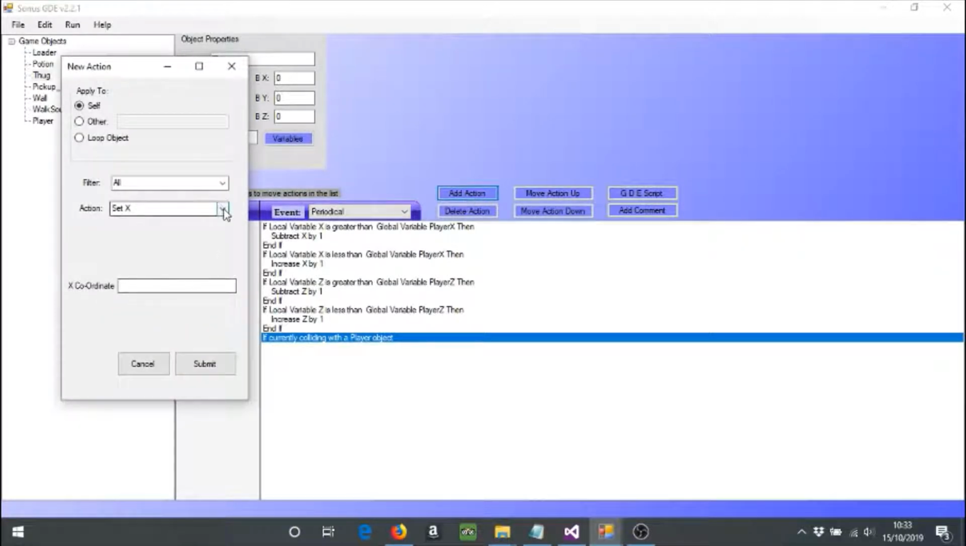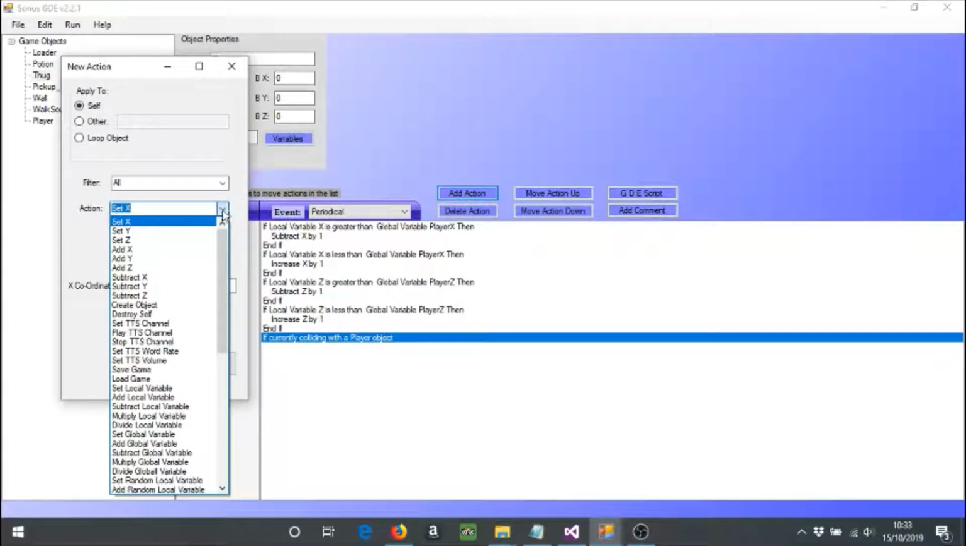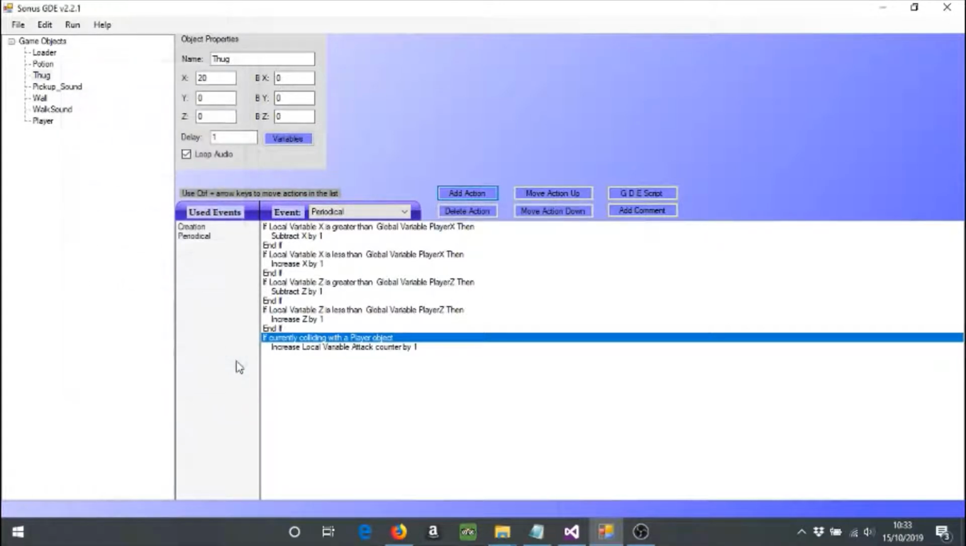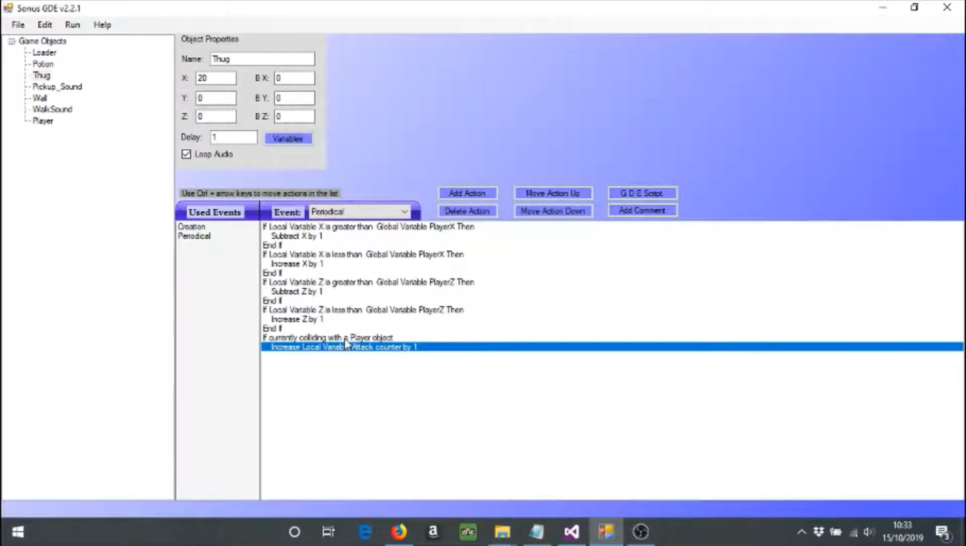Add local variable. Variable name: ATTACK COUNTER. Use attack increase if currently colliding with a player object. Increase local variable attack counter by 1. Fantastic. Now if that attack counter is above 5, we'll set the attack counter back to 0